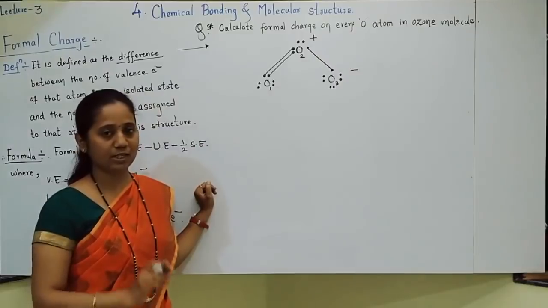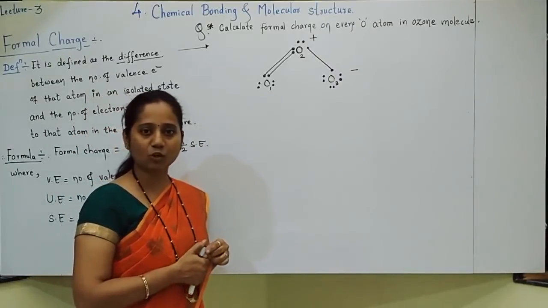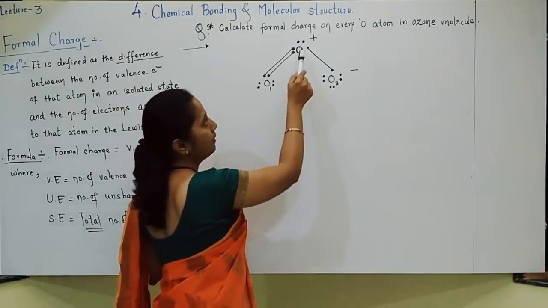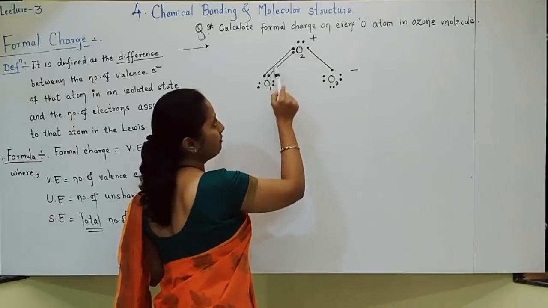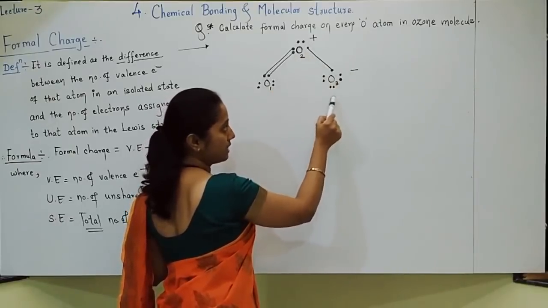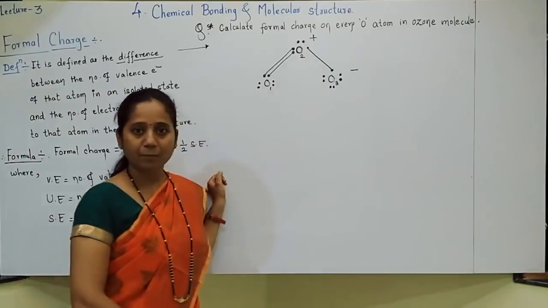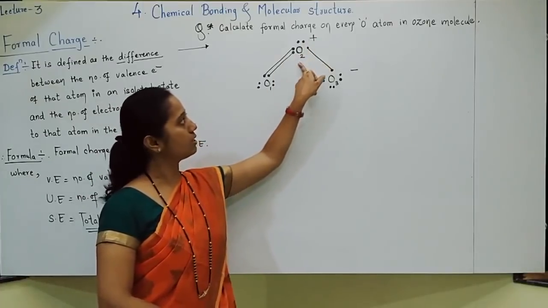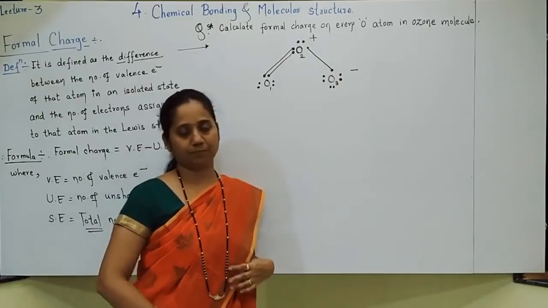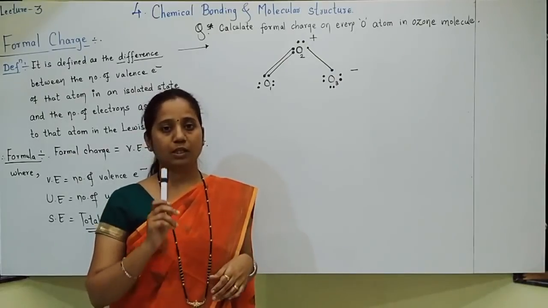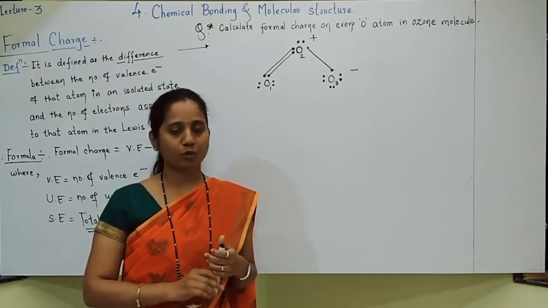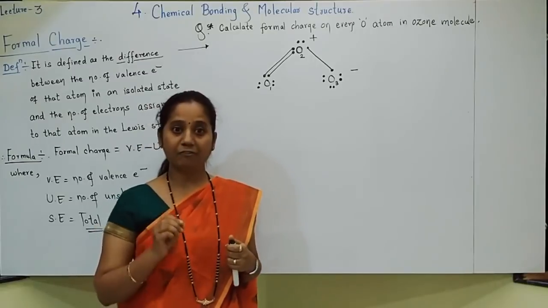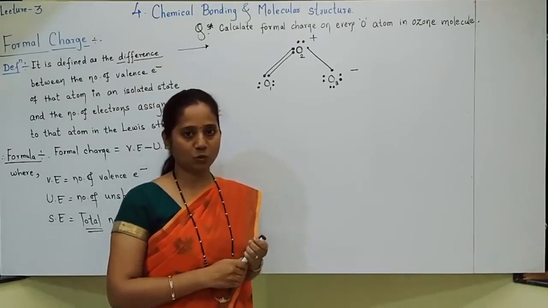Okay. Now see, students, has every oxygen atom completed its octet or not? Check. Yes. Octet already completed. Here you can see 5, 6, 7, 8. Here you can see 7 plus 1, 8. But do not forget to put a plus sign on the second oxygen and a minus sign on the third oxygen. I hope, students, you understood the structure of the ozone molecule very well. Now let us calculate the formal charge on every oxygen of ozone.